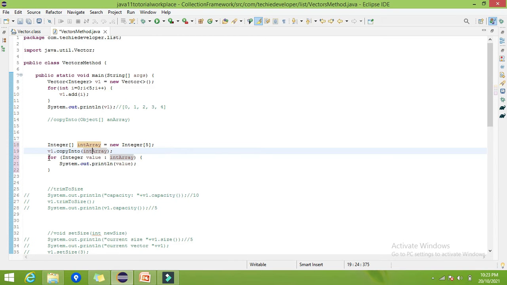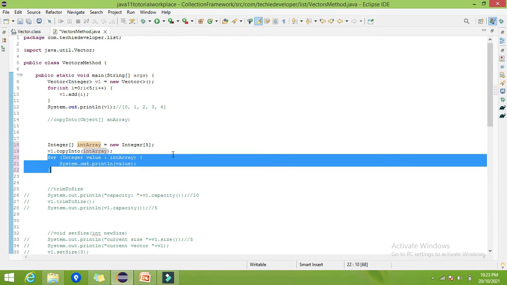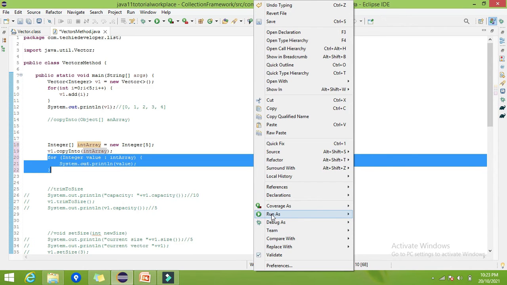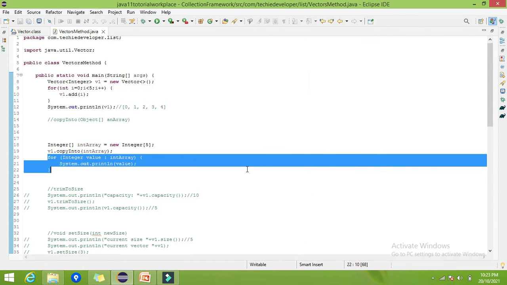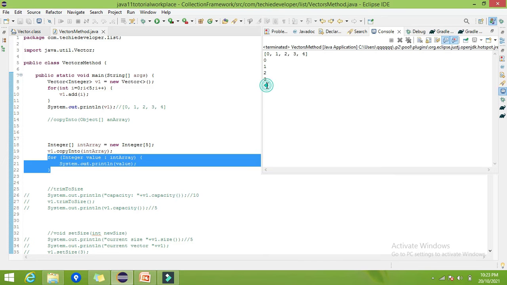Let's run this. Here you can find that the elements from the vector are copied into the newly created array. So that is working fine.